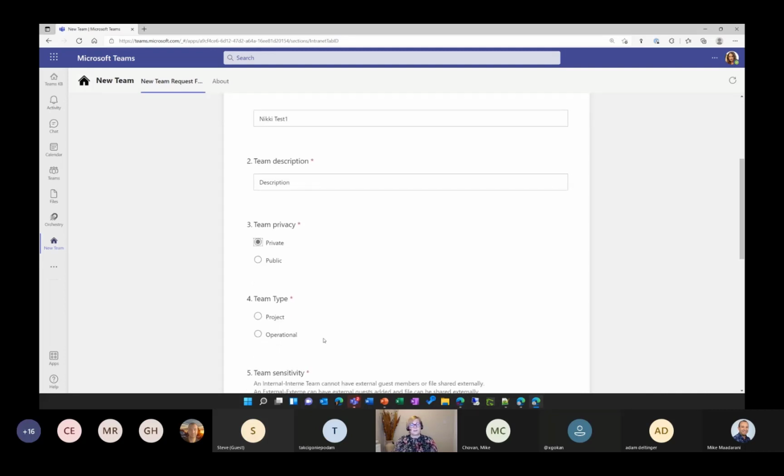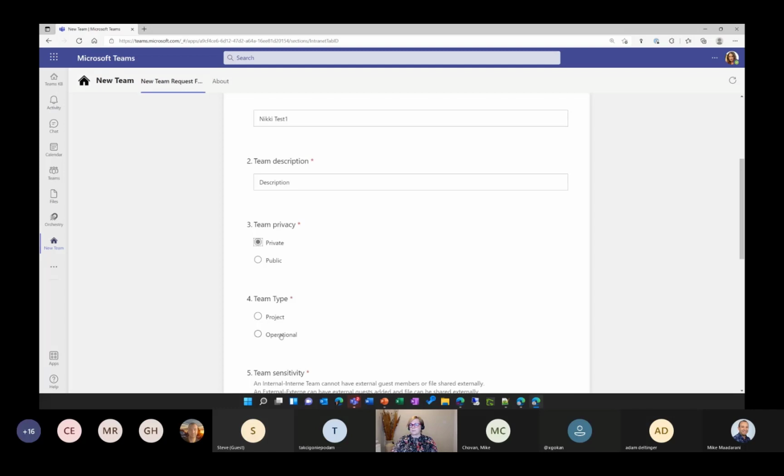Now, I'm starting now to start capturing some other attributes that I want. I want to distinguish between a long-term operational team, say for a team for HR or finance or IT, or a project-based team that might last for 3 months or 6 months. So I'm getting the user to select. It's a field here. Now, depending on what I select here, is actually going to form part of my naming convention. So if I select project, it's going to put in the words PROJ dash in front of my team name. And if I select operational, it's going to be